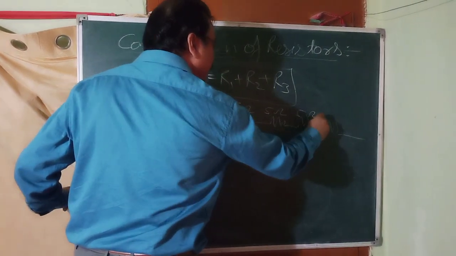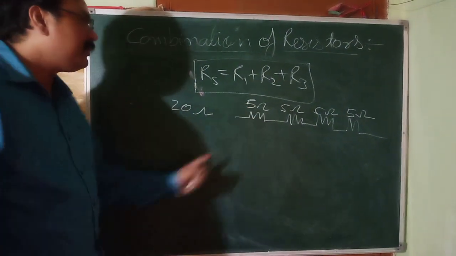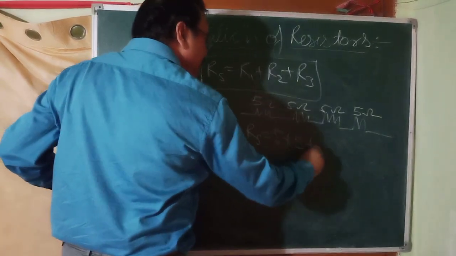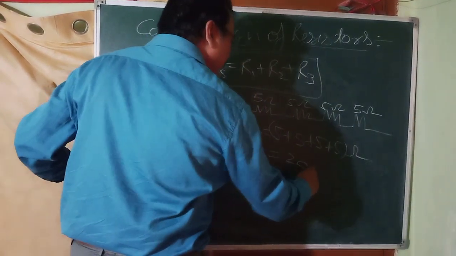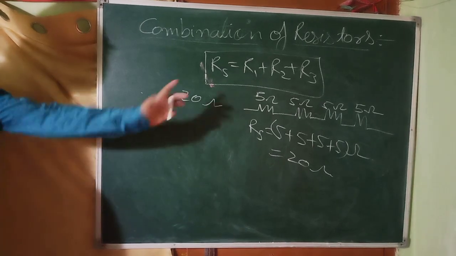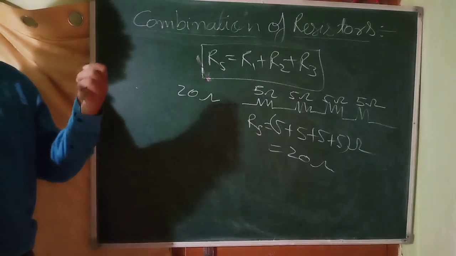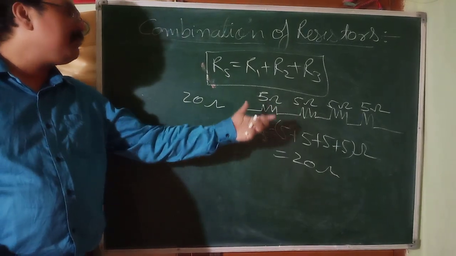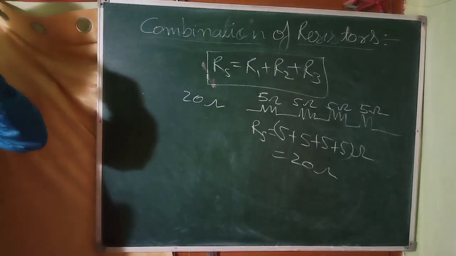This is also 5 ohm. This is also 5 ohm. So how much will you get? What can you write? RS. It is a series combination, so you can write 5 plus 5 plus 5 plus 5. So what will you get? That is 20 ohm, and you can connect that in the required circuit. So series combination increases the value of resistance. If you have resistances of smaller values, then you can combine them in series to get a resistance of higher value, and you can use it. That is all about the series combination.